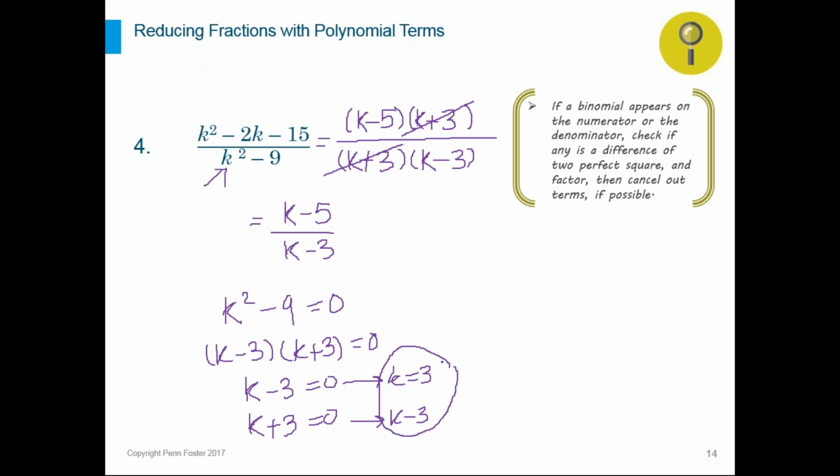Any question? Anything that was not clear on how we plan to reduce an algebraic fraction, or how we factor, or why do we cancel out things there? Okay, let's go to